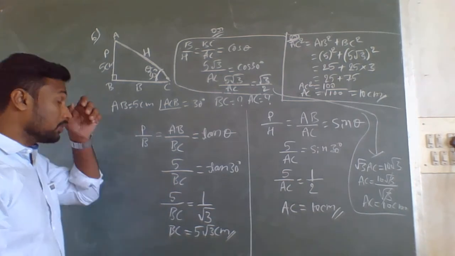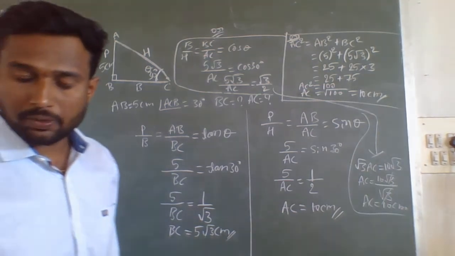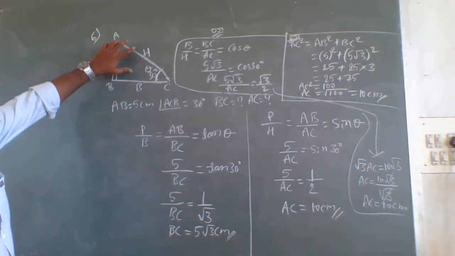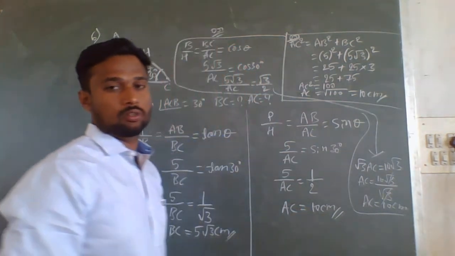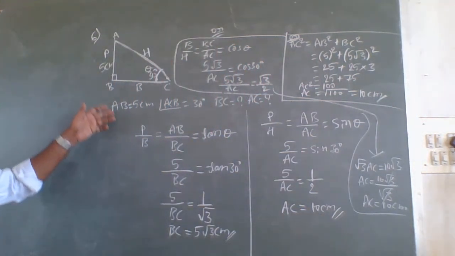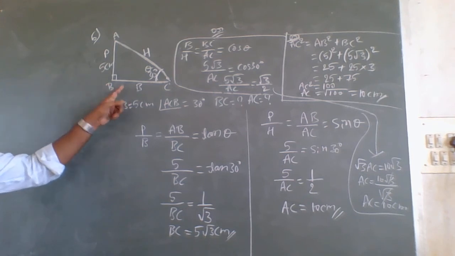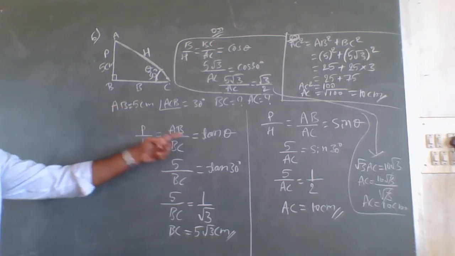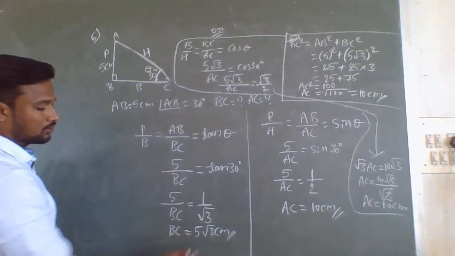So you can calculate the length of this AC by different methods, by considering different trigonometric ratios which involve this side AC, or you can directly use Pythagoras theorem also. Because first, by using perpendicular by base, you can directly calculate the length of side BC. So here AB by BC means tan theta, so tan 30 means 1 by root 3. Here they have given the length of AB is 5. So what we got here, the length of BC is equal to 5 root 3.